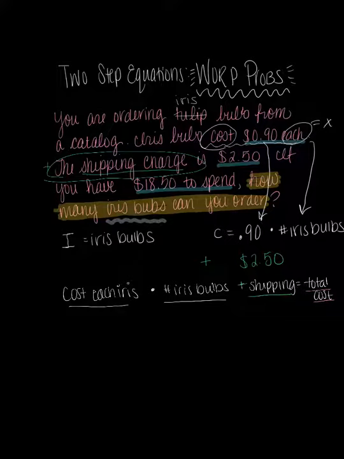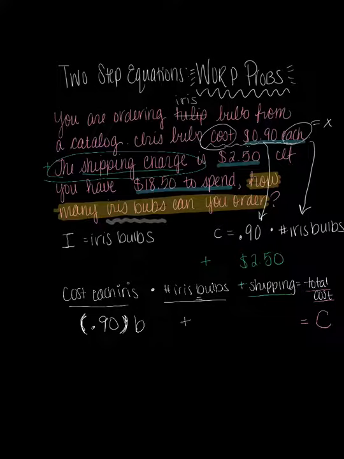So if I want to use a variable expression to write this, my total cost equals the cost of each iris. What was the cost of each iris? Let's look back up here. They cost 90 cents each. So 0.9, and I told you each was always going to be a multiplication with a variable. So times, and because I have decimals, I prefer to use parentheses to indicate multiplication. 90 cents times B, the number of bulbs,